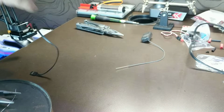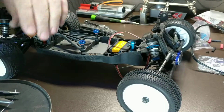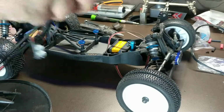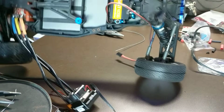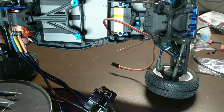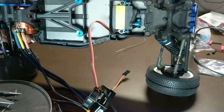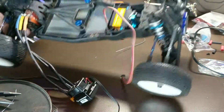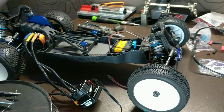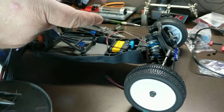Good enough for me. I'm not going for anything super spectacular here. I don't want to get too much more heat into these. So anyway, the mounting area up here for the electronics is real small. As you can see, the servo's taking up a lot of its room in there. So my plan is so that everything's still easily accessible,